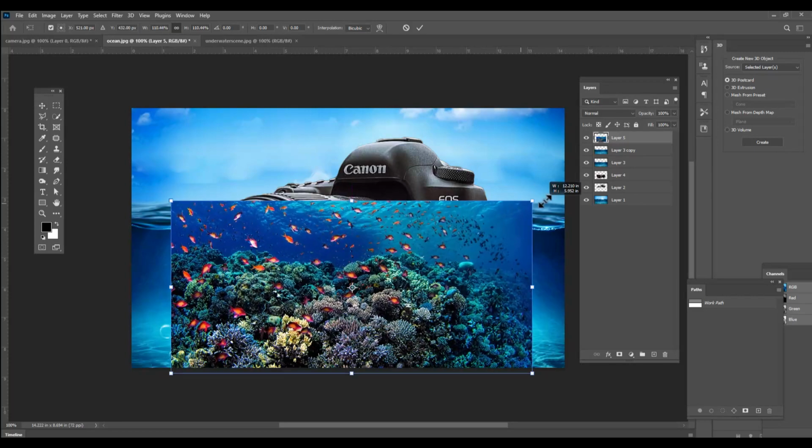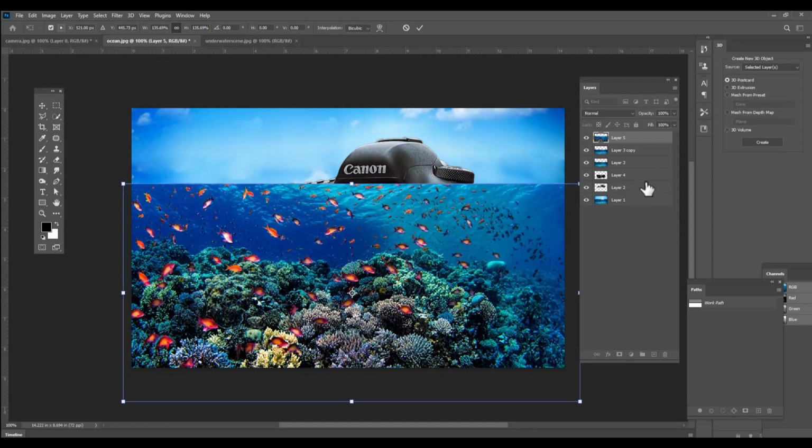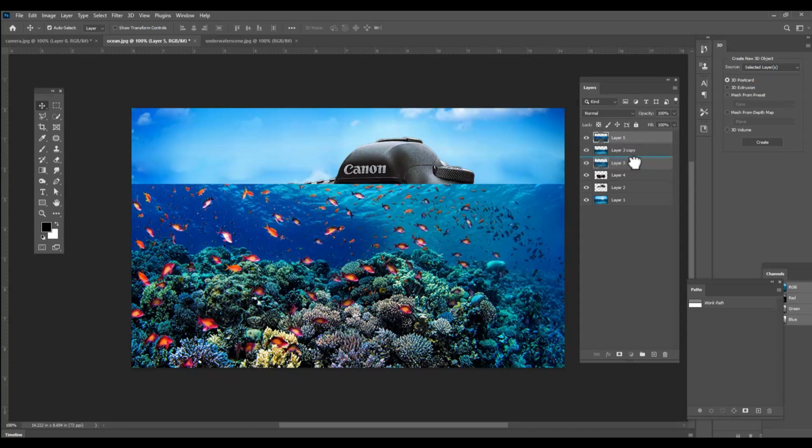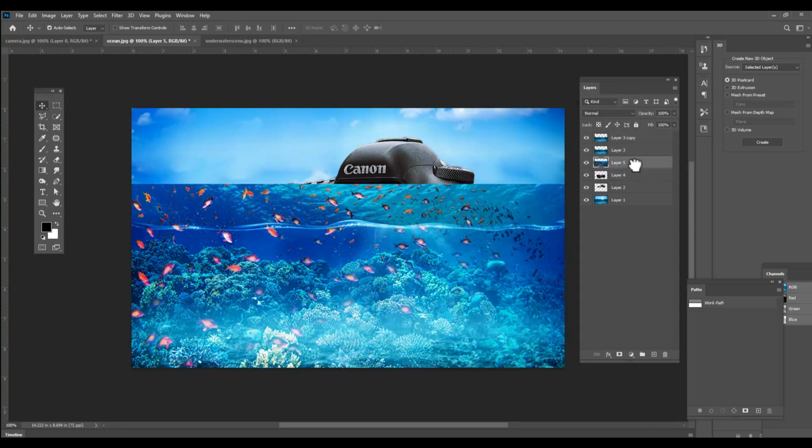So we can just scale it, and we will also just move the image below the ocean surface layer. So we got something like this,